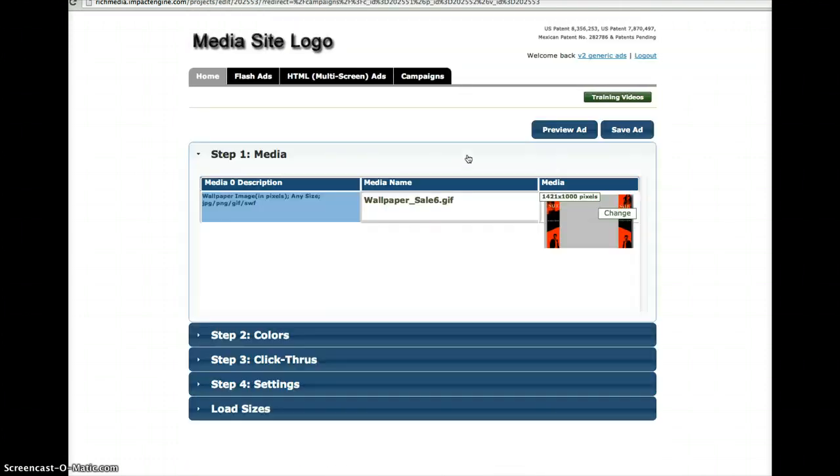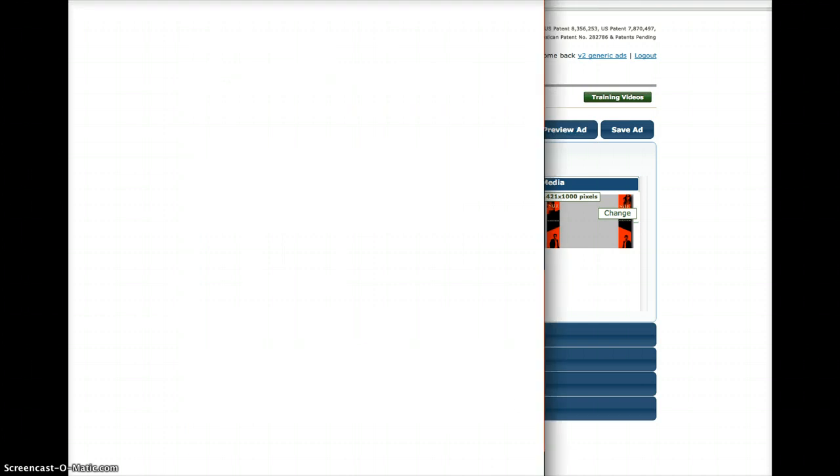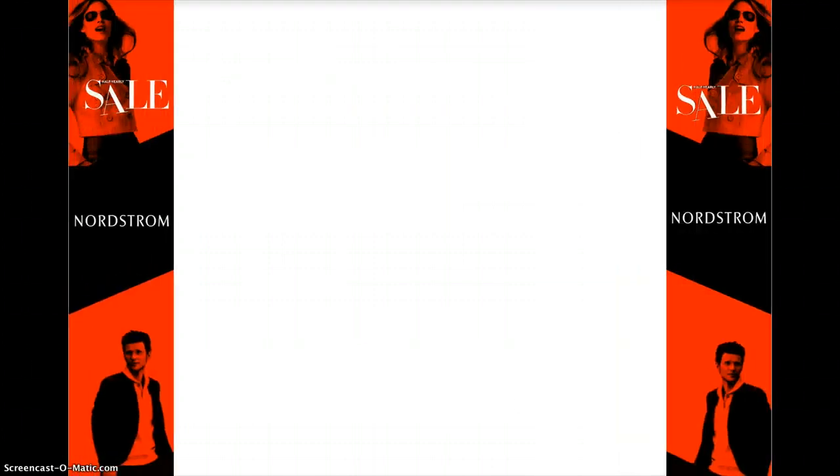You're just going to see the ad appear or your image appear on a blank background. So when you preview it, obviously we don't have your website plugged into our builder, so you're just going to see your image just like this with a blank space in the middle that ideally you've designed to be the exact width of your content. So this is basically a way to see, okay, there's my left and right rail, and the next thing I'm going to do is